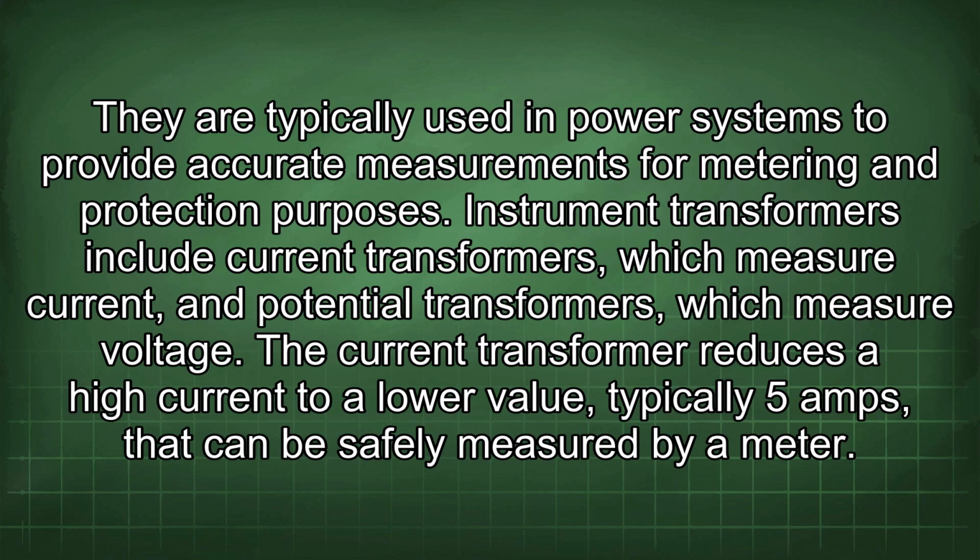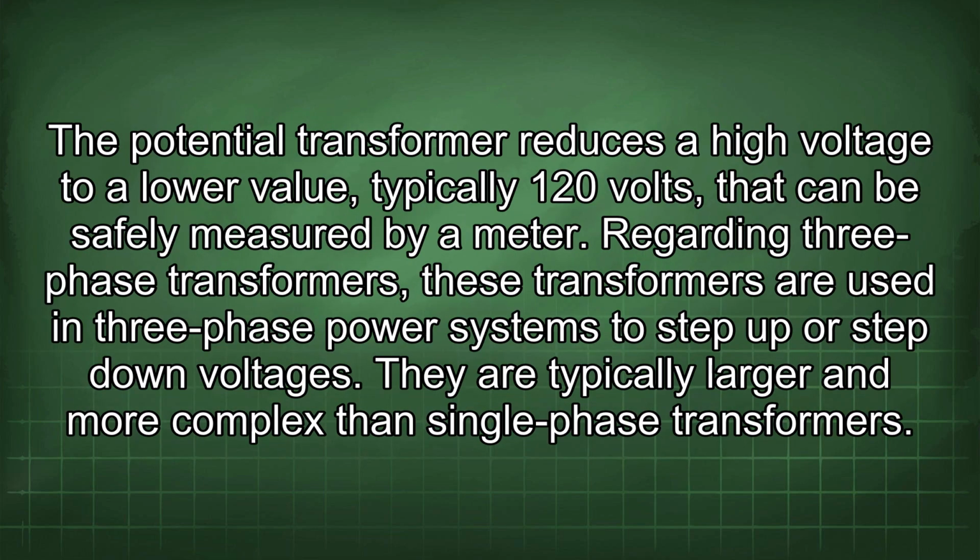They are typically used in power systems to provide accurate measurements for metering and protection purposes. Instrument transformers include current transformers, which measure current, and potential transformers, which measure voltage. The current transformer reduces a high current to a lower value, typically 5 amps, that can be safely measured by a meter. The potential transformer reduces a high voltage to a lower value, typically 120 volts, that can be safely